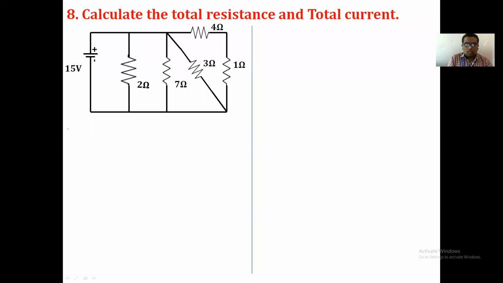Okay. If you read the numerical and if you see the circuit diagram, can anyone tell me how the load resistances are connected in the circuit diagram? Can anyone try to tell me how the resistances are connected here? Yes, please. 4 ohm and 1 ohm are in series and